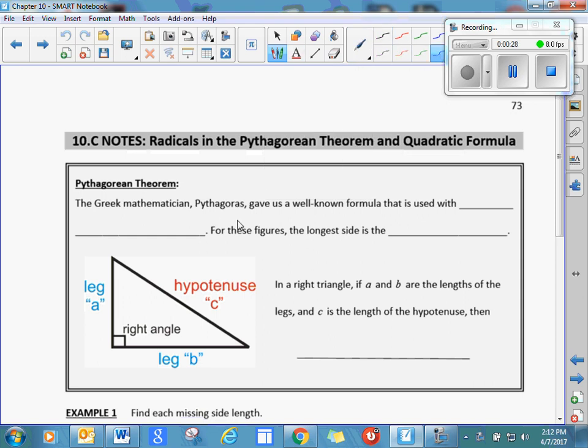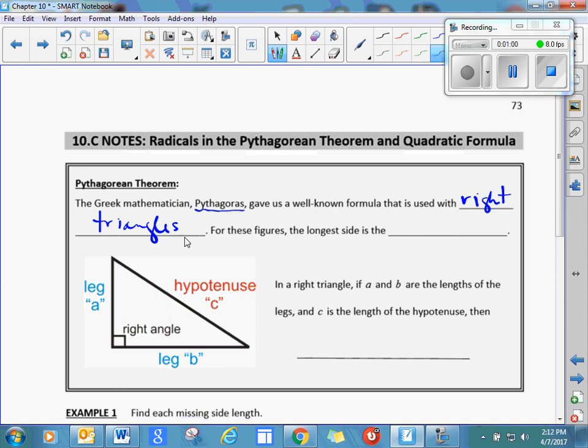So the first thing to know is that the Pythagorean theorem is named after a guy named Pythagoras, which makes sense. He's Greek. He was a well-known mathematician, and he gave us a lot of things, but he's most well-known for the formula that's used with right triangles. This formula only applies to triangles that have a right angle, but for right triangles, there are some special